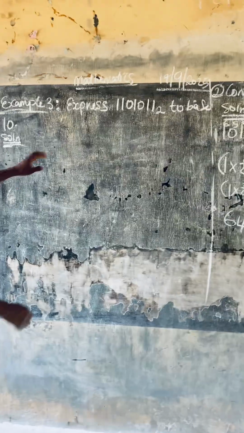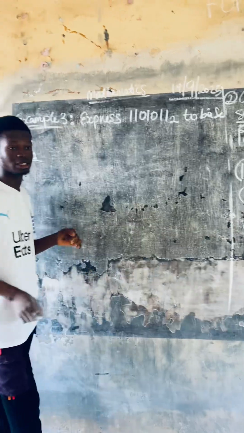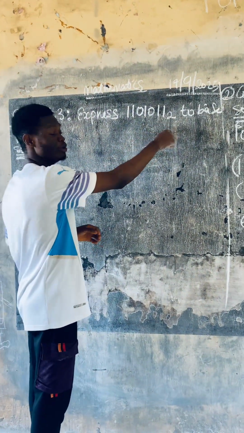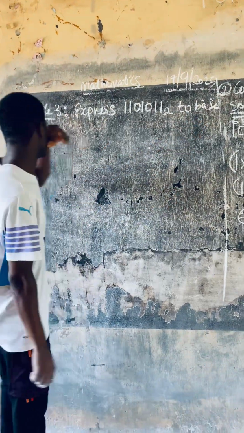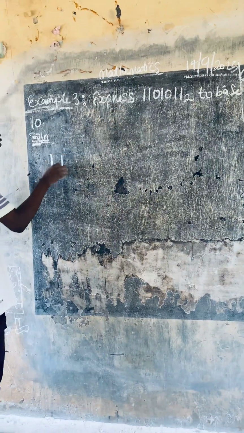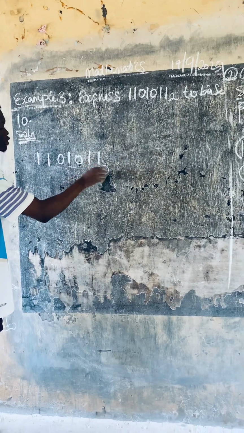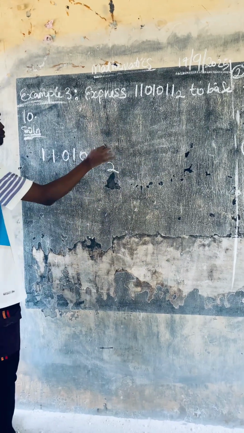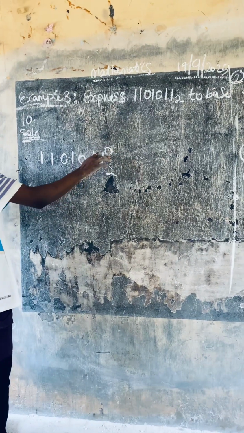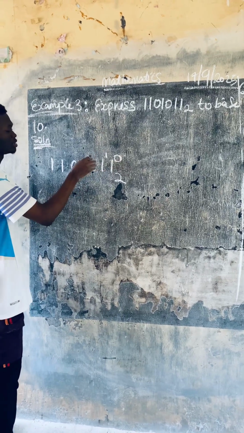So we'll be expressing this number towards base 10. So we have 110101 base 2 towards base 10. So what are we going to do? We write this number, 110101 base 2. So we start from the right hand side and put this floating number 0, 1,